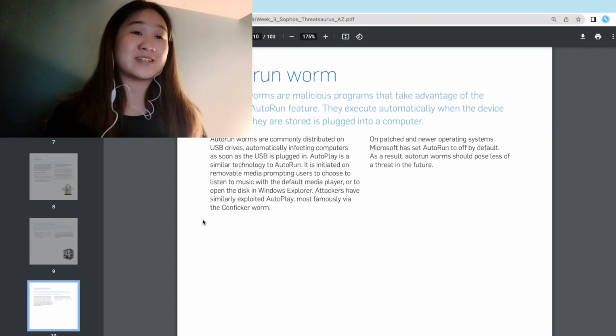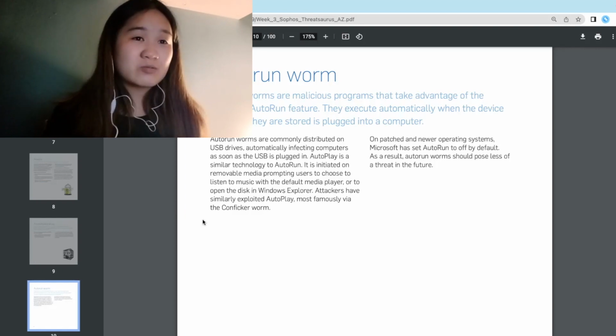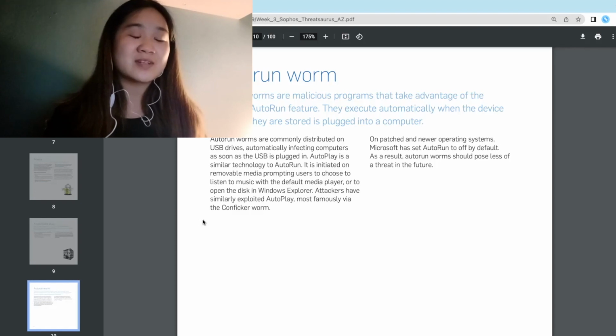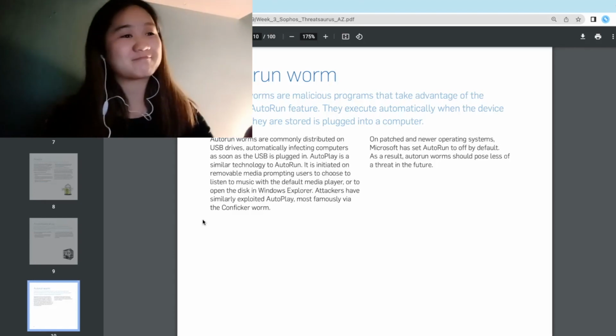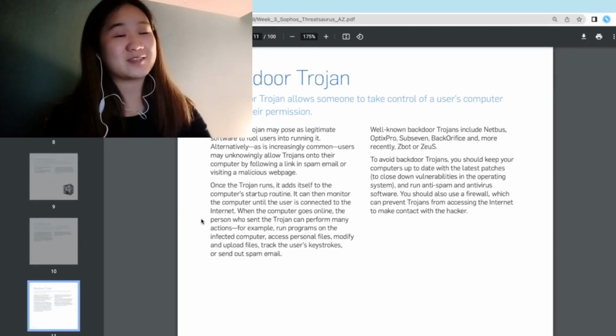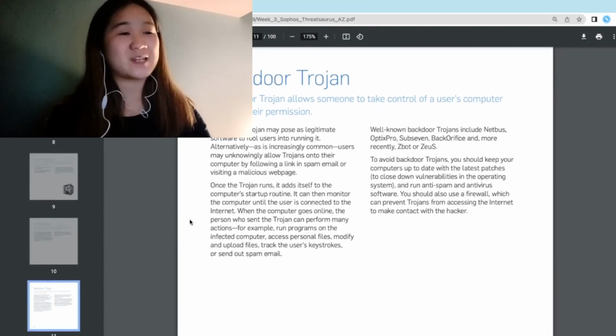I don't know if Windows 7 has got this auto-run set to off, because my laptop still runs Windows 7, not Windows 10 or 11. That is my Windows laptop, because I actually mainly use a MacBook now.